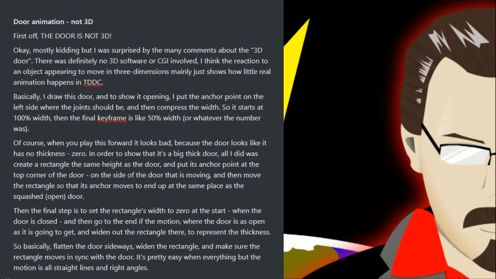Okay, mostly kidding, but I was surprised by the many comments about the 3D door. There is definitely no 3D software or CGI involved. I think the reaction to an object appearing to move in 3 dimensions mainly just shows how little real animation